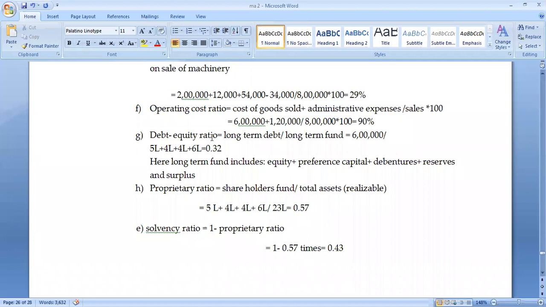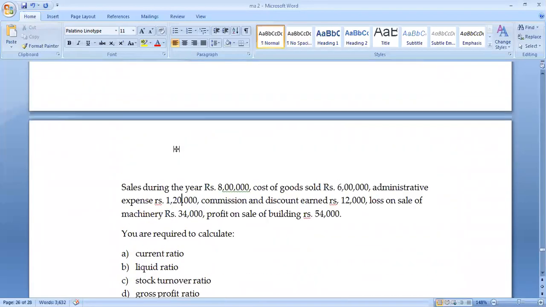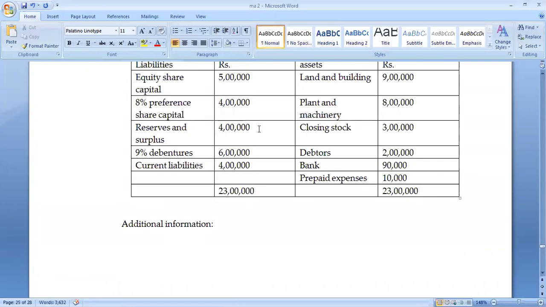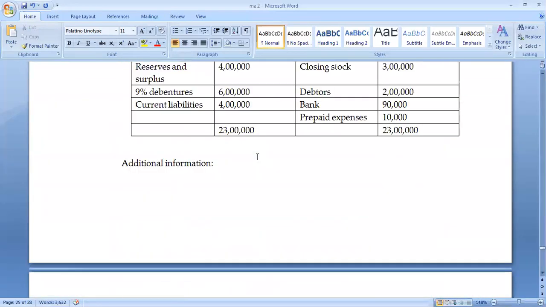Okay. So debt equity ratio considers the debt along with the funds. What actually are these long-term funds? Long-term equity. So long-term debt divided by long-term equity. So 6 lakh divided by long-term funds, which includes all the funds which are for a long term. Clear? So these are the values which are for a long term. So it is 4 lakhs, and 5 lakh is taken into consideration.